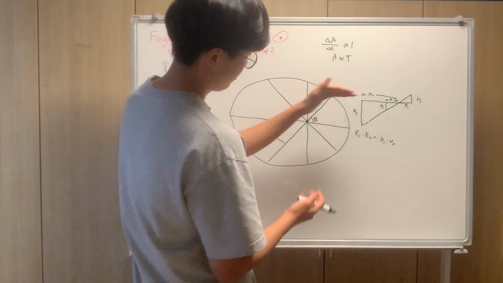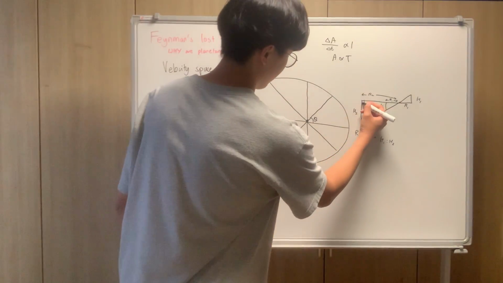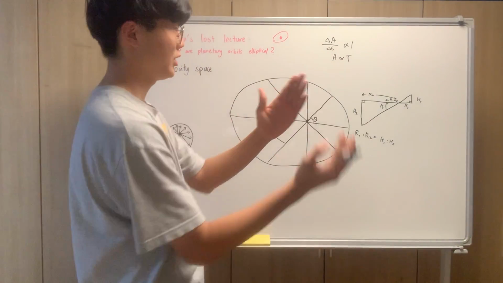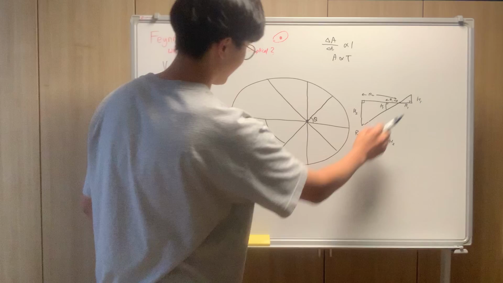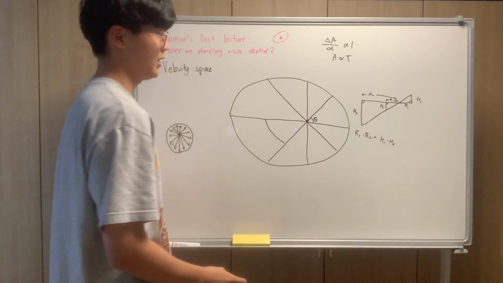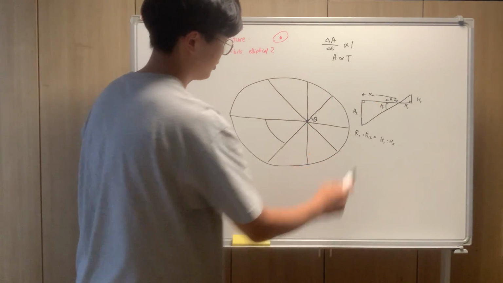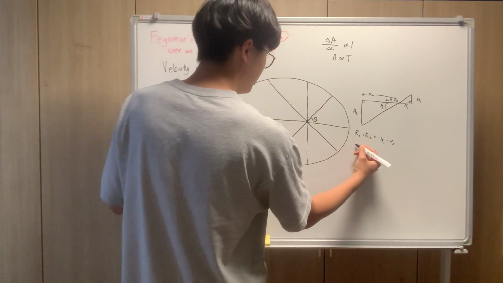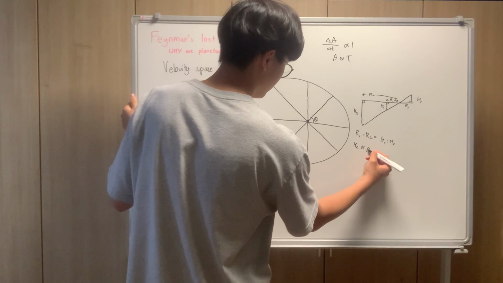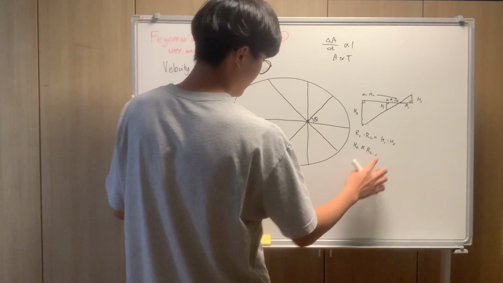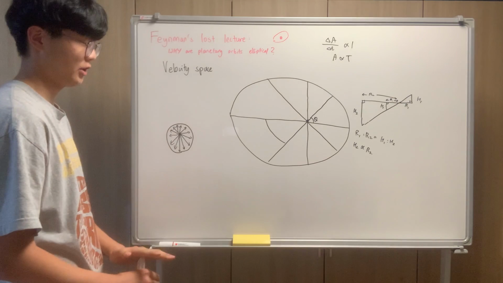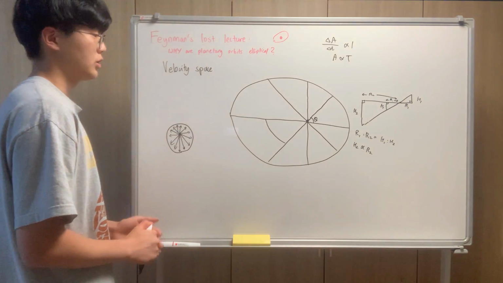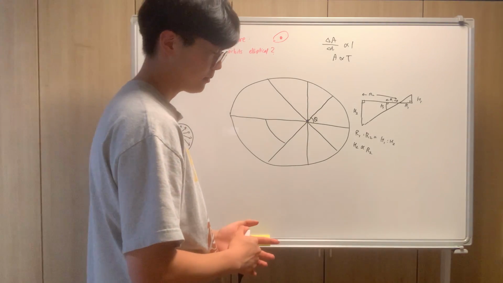So we could imagine, because they are right angles, imagine looking at the triangle this way or that way. Either this could be the base or this could be the base. But basically what I'm saying is that R1 to R2 is equal to H1 to H2. And so H2 is proportional to R2. Yeah, H2 is proportional to R2. And so this means that what we get is